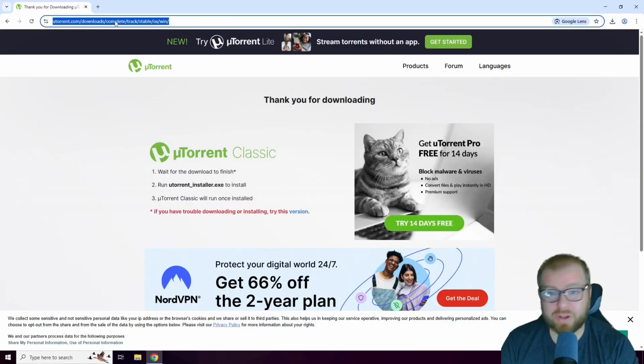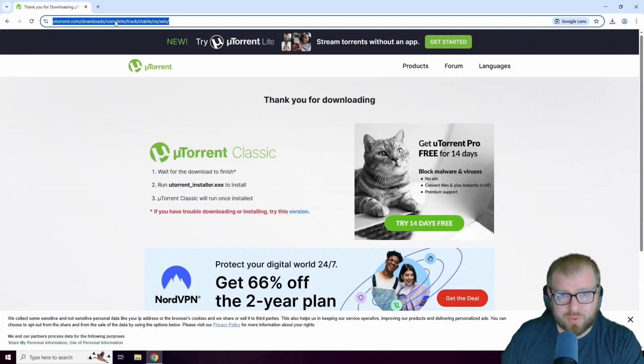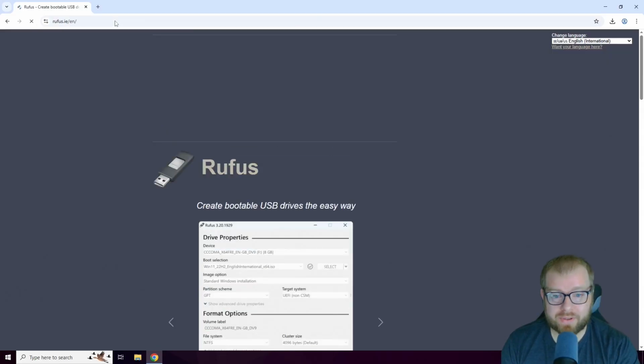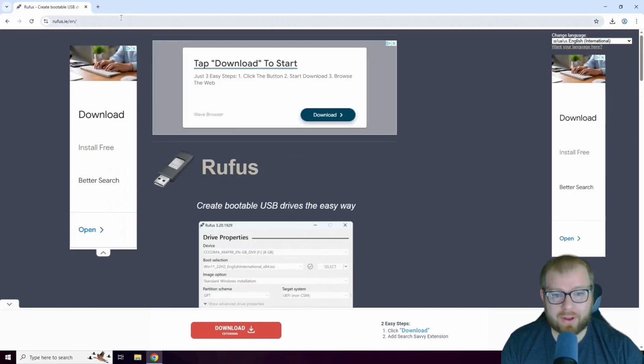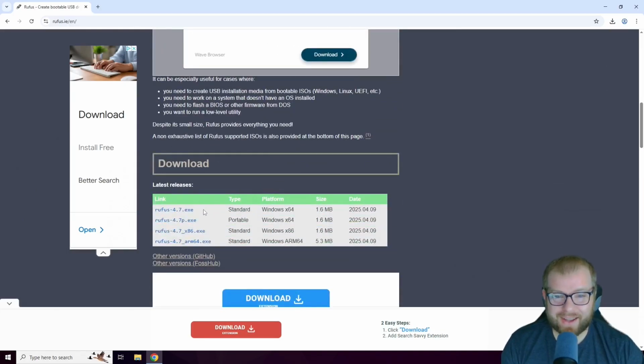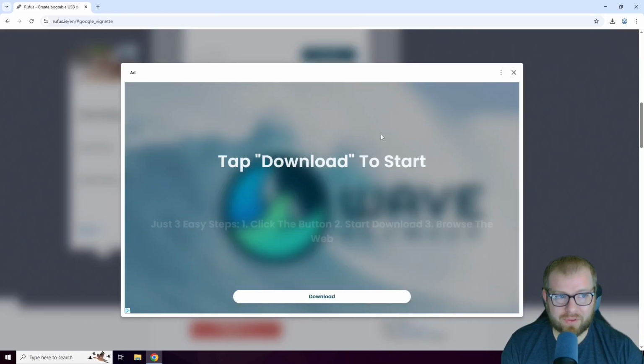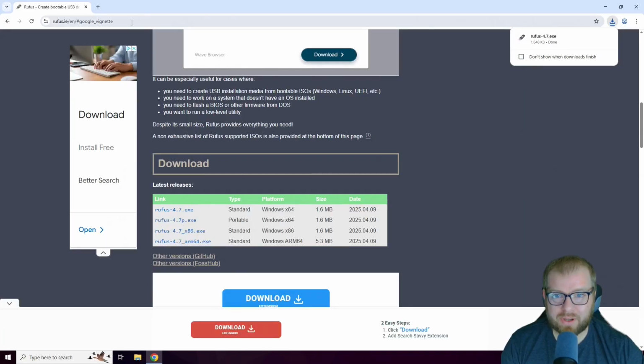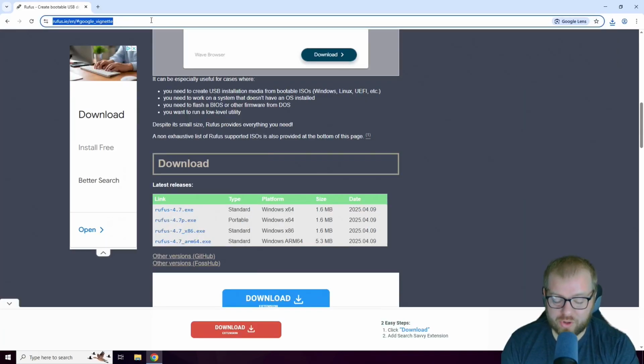Next thing we're going to do is download Rufus, which is going to allow us to make a USB drive that can boot into our Linux install. So we're going to go to rufus.ie, Rufus. We're going to scroll down. I grabbed the wrong mouse. We're going to scroll down and click the standard x64 thing right there. Ignore that ad. Rufus downloaded nice, quick, and easy. And then we're going to go to